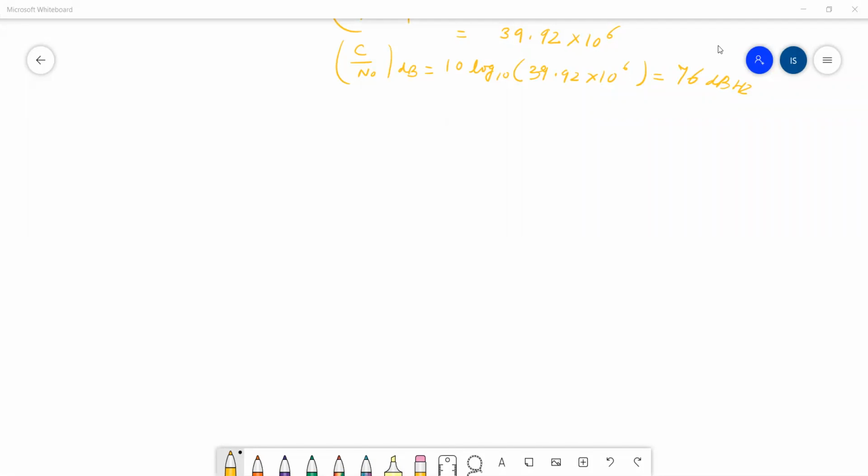Okay. Today we will discuss overall system design. We have already discussed the uplink design and downlink design. So today we will discuss the overall system design. Means